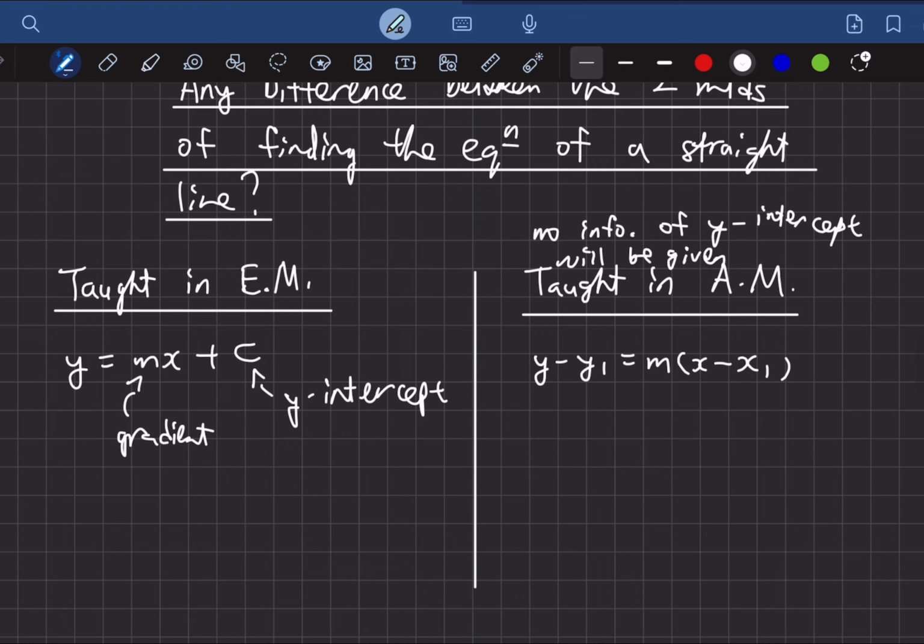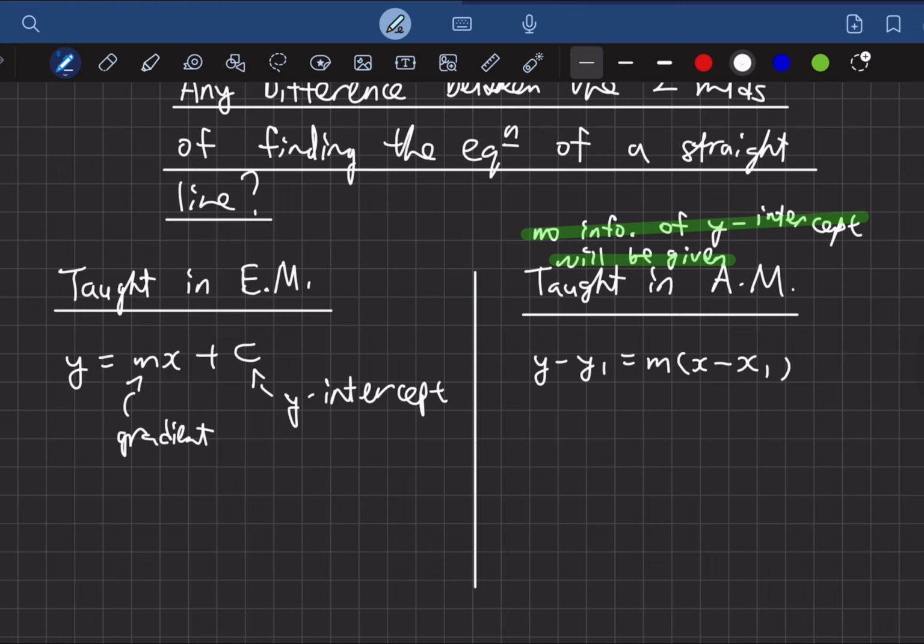So this is something that we need to be mindful of, because the way to solve or apply it is different from E-math. So if students still want to use the E-math method, can, but you need to know it's a